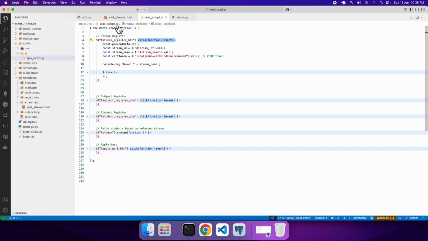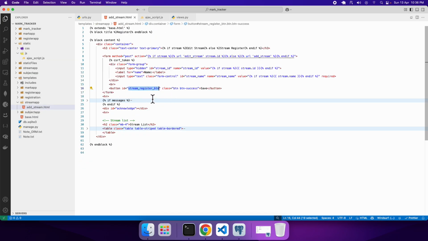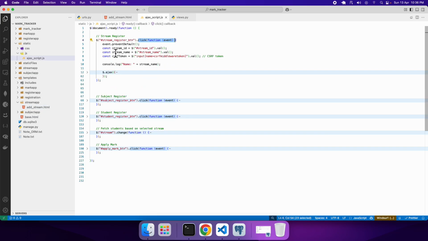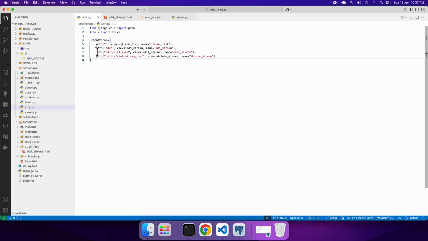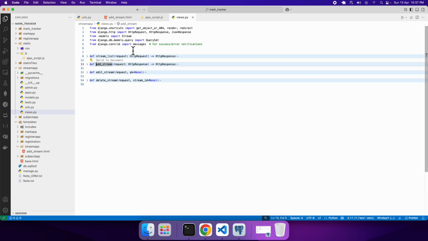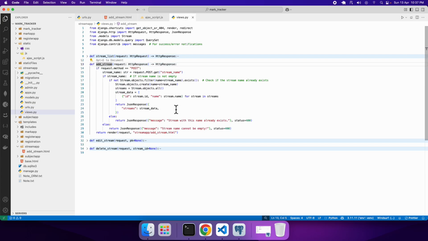Let me explain one more time. When you click on this particular button, the AJAX is given a call right over here. The control will come to this, it will pick up the data, and we already discussed that the stream ID won't be there. The CSRF token will also be picked up, and then the AJAX is given a call. After executing these three keys, the control came directly to your endpoint. As you can see, the stream ID won't be there, so stream add would be given a call. That will bring us to this particular route, and on reaching here we fill up this data, which we have already done, and then the